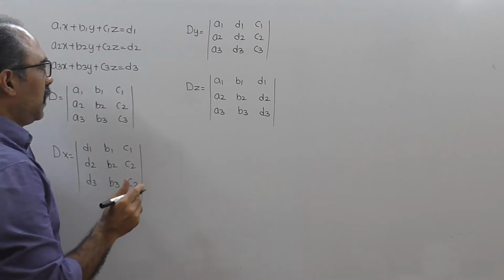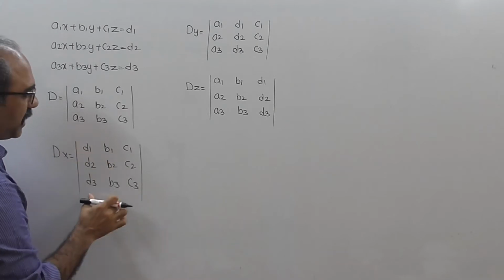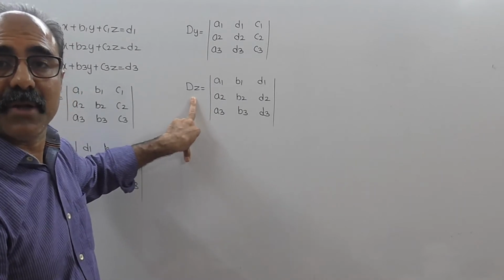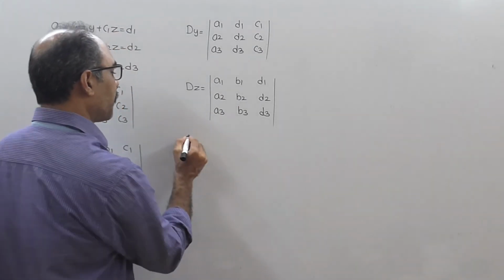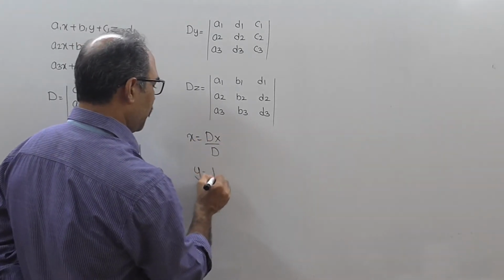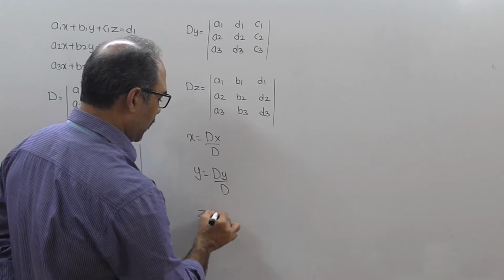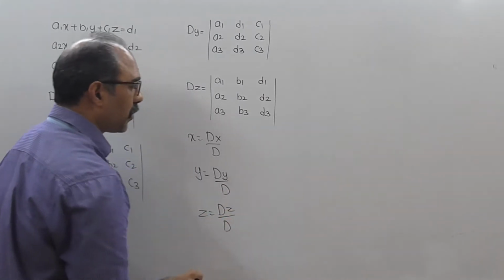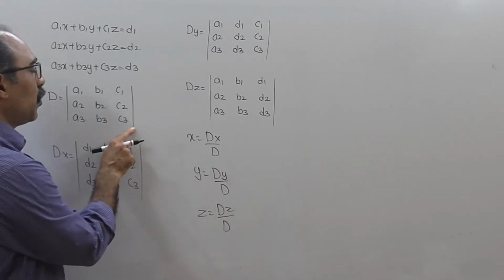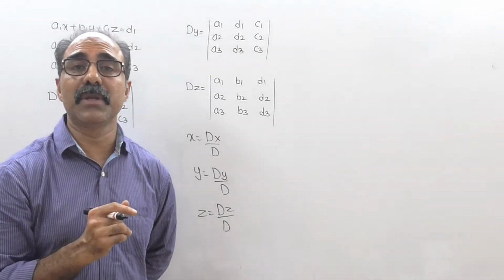Okay. Now you have to solve d. Open the determinant, find the value of d. Open the determinant dx, find the value for dx. Open the determinant dy, find the value for dy. Open the determinant dz, find the value of dz. And then you can say that x equal to dx upon d, followed by y equal to dy upon d, and z will be equal to dz upon d. Having done this, you will be getting the value of x, y and z, but on one condition. When you open up the determinant of d, the answer should not be equal to 0. If it is equal to 0, then you cannot solve because anything upon 0 is not defined.